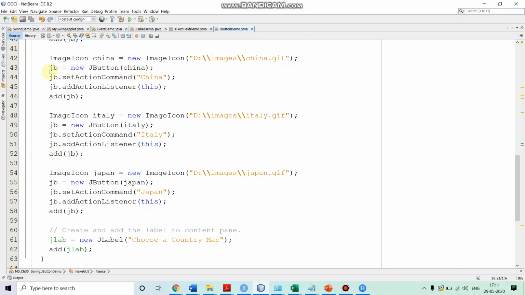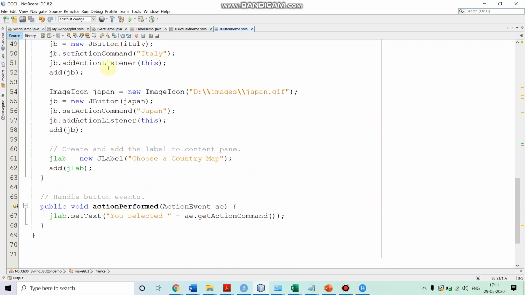We are setting the action command for this button, registering the action listener for it, and adding that button to the applet. Similarly, we are creating the button for Italy and the button for Japan. So we added four JButton objects there.